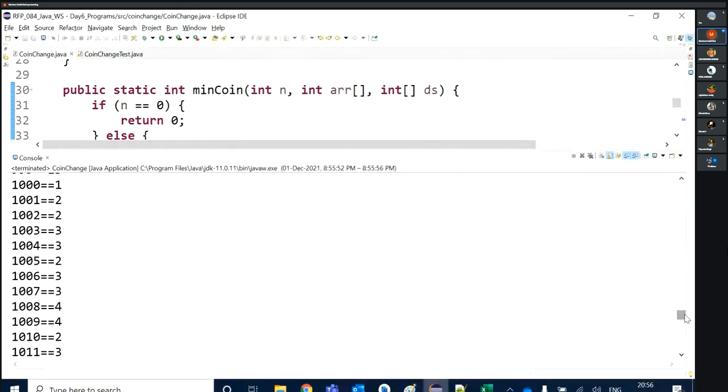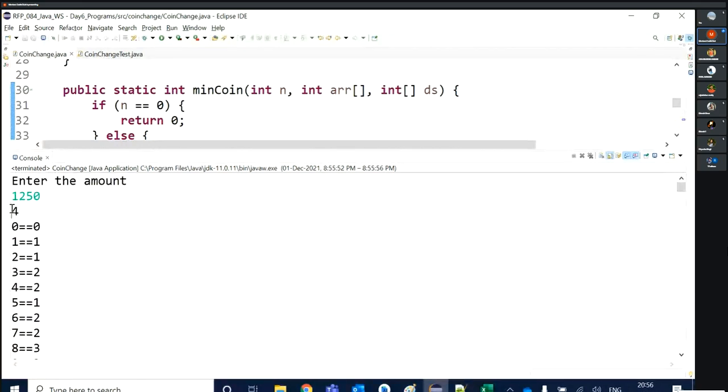And for the answer of 1250, it is printed here: 4. Clear? Even it is coming in a fraction of a second. It is not taking too much time. Clear, na? Yes, sir.